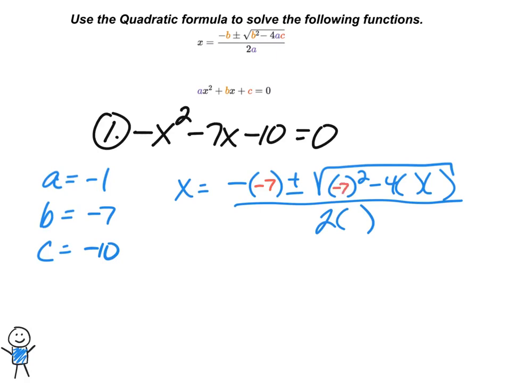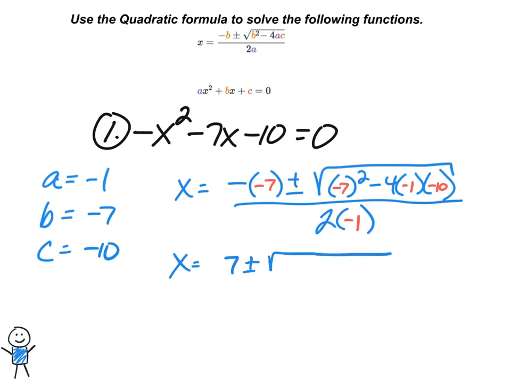4 times a, which is a negative 1, times c, which is a negative 10, all divided by 2 times a, which is a negative 1. Now I'll begin simplifying this. So negative b, which is a negative 7, the two negatives there make that a positive 7, plus or minus